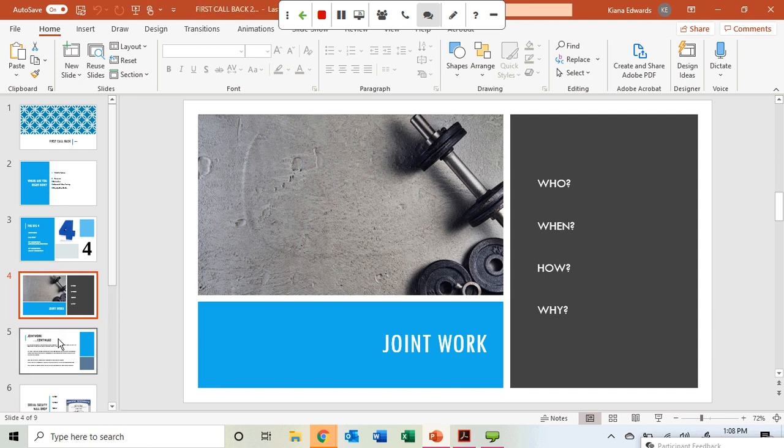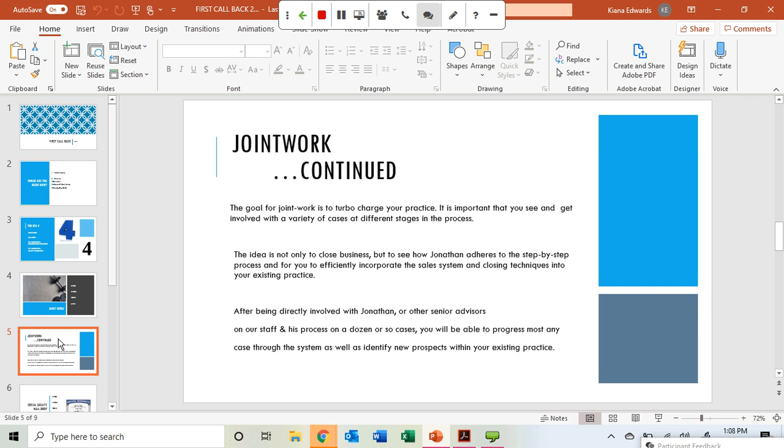So why joint work? As it says here, the goal for joint work is to really turbocharge your practice. Being able to see all of the different types of cases that are closing or Jonathan can close and the methods at which he does close them is just going to expand your knowledge base. Once you've done at least maybe a dozen or so cases, I can agree that you'll be able to progress almost any case, as well as be able to look at your existing practice and find prospects that you originally